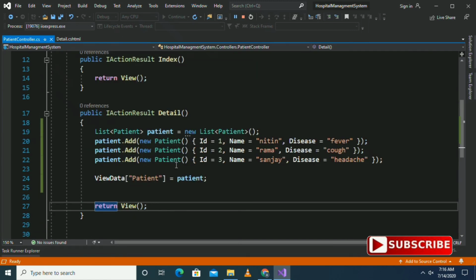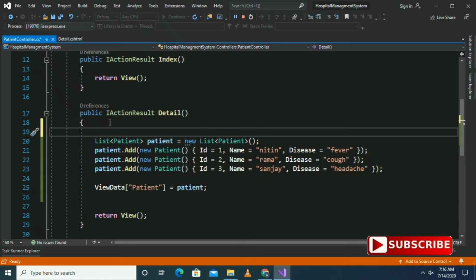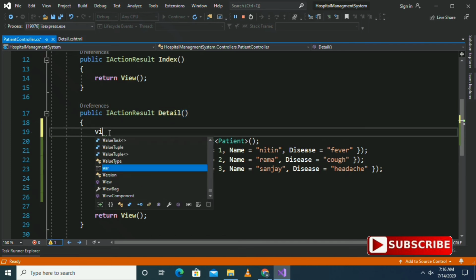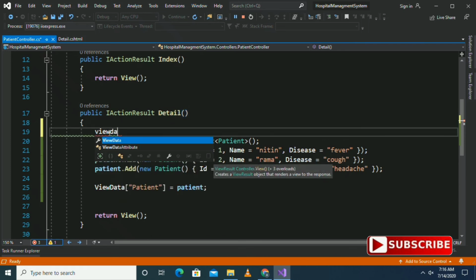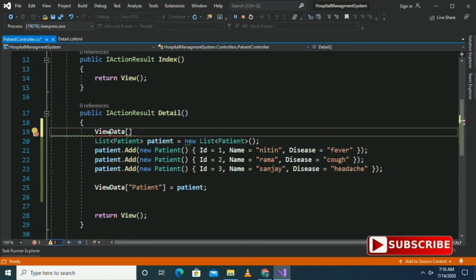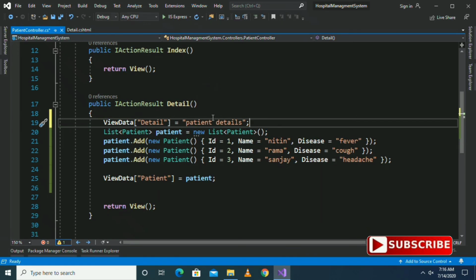Now let us check whether we are able to get this information in some other method's view or not. For example, I am going to set a ViewData here in the details method of the patient controller, and I want to use it in the view page of index.